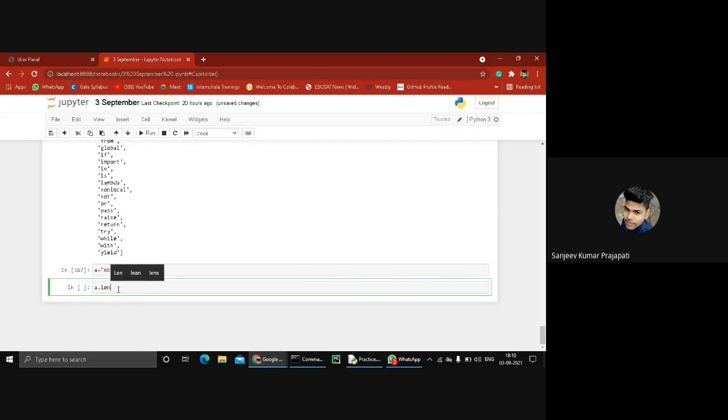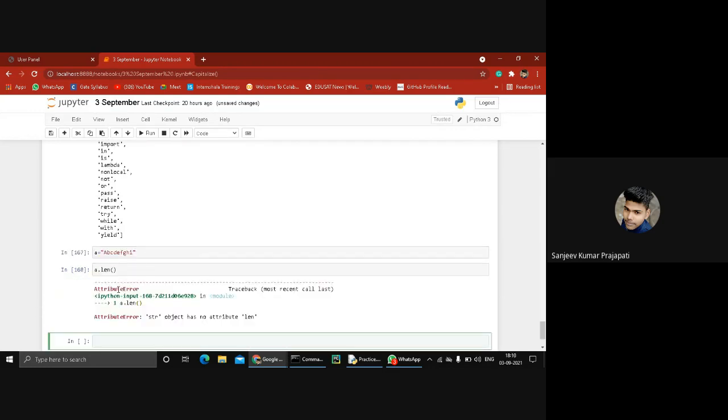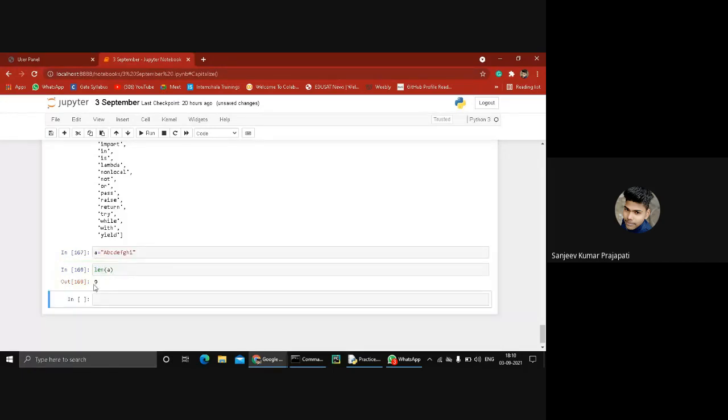The length function is used for that. See, the color of length is already changed to green. So print it. We got 9: 1, 2, 3, 4, 5, 6, 7, 8, 9. So 9 elements are present in your entire string. Got it? How does the length function work?